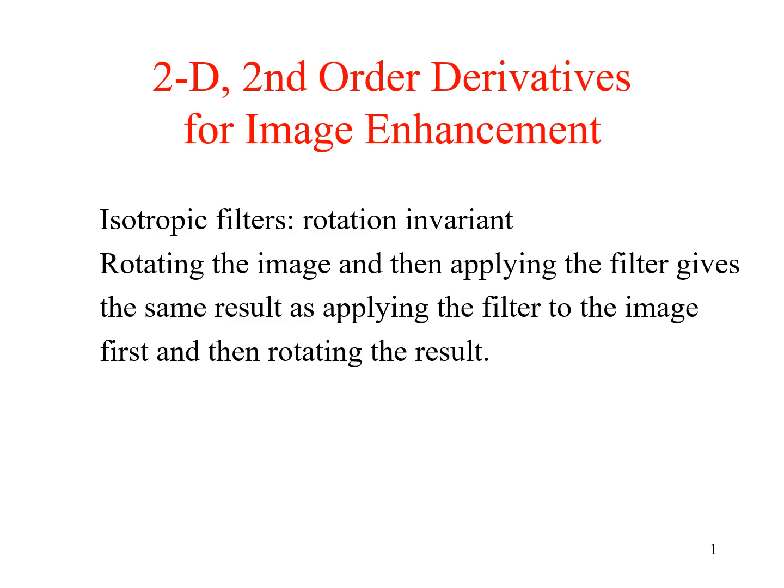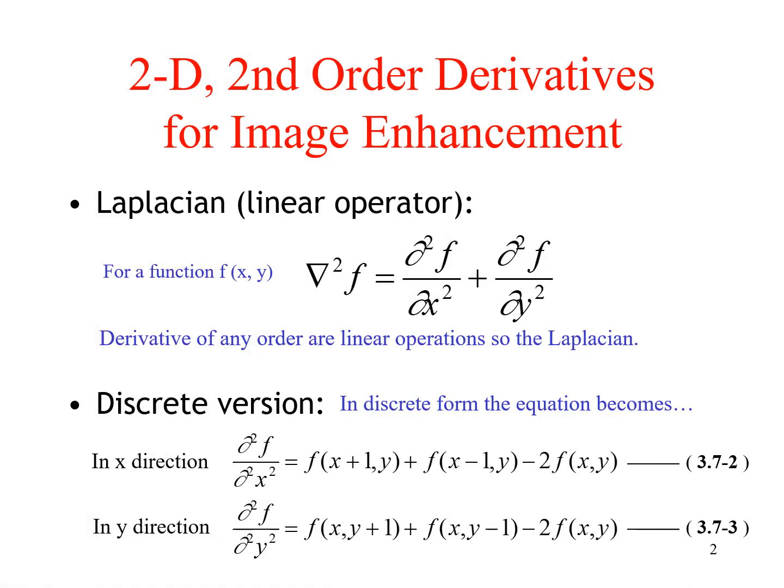So these filters are isotropic filters, okay, which are rotation invariant. Means in this the filtering is independent of the direction of the image. Okay, so rotating the image and then applying the filter gives the same result as applying the filter first and then rotating the image. Okay, the result will be same. So Laplacian is a second order derivative filter and the function is given here